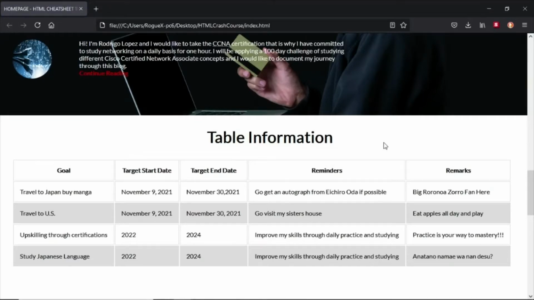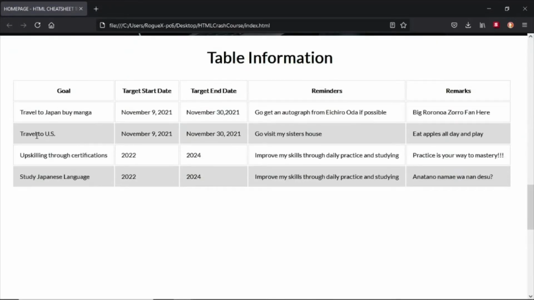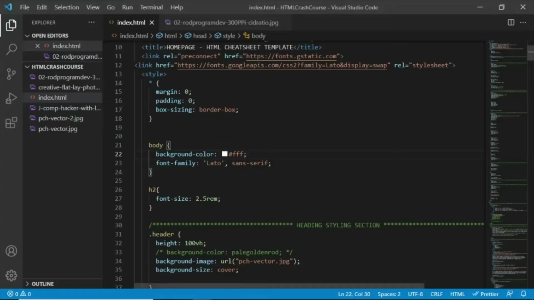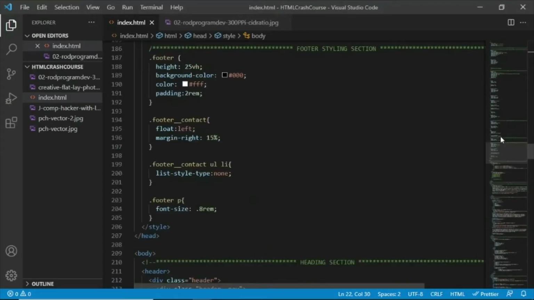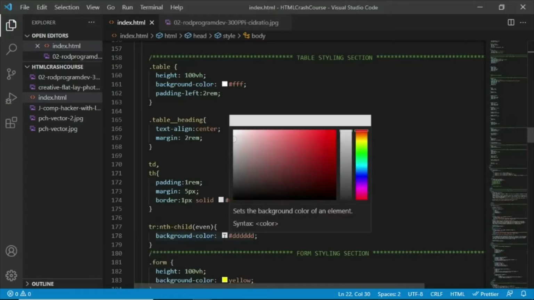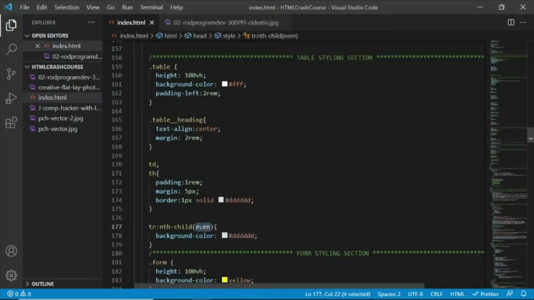We were able to solve that issue with the background color being yellow. And right now, guys, the TR or the table row that we targeted with the use of the nth selector has a different background color based on the parameter we have used, which is the even parameter. And if we replace this, go back down here, that's the table here, and let's turn this into odd